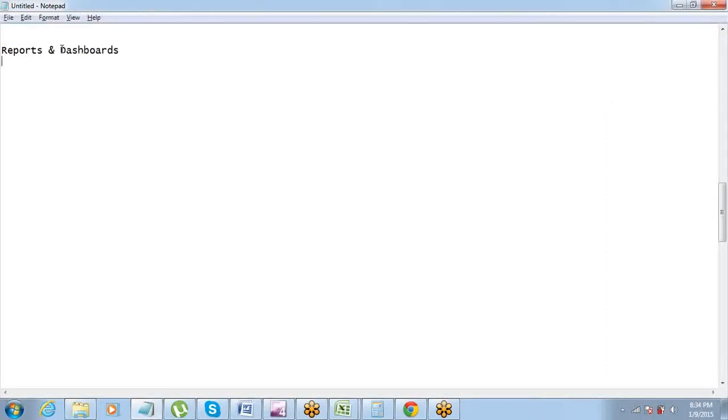When we talk about reports and dashboards, it's a very simple thing, as we understand what reporting is. We might have done some sort of report sometime in our lives, right? If nothing else, you must have got some report cards, right? So what is a report? It's the summary of data, or you can say it's a subset of the data, right?